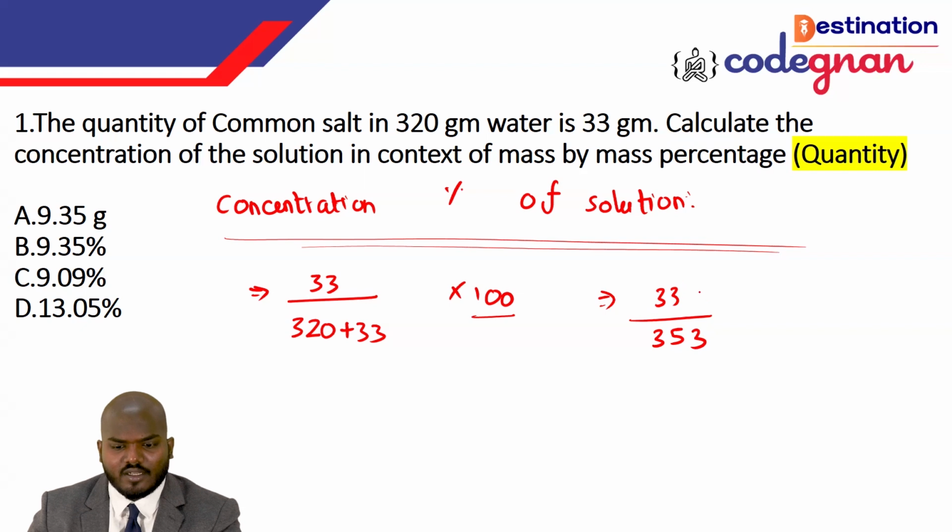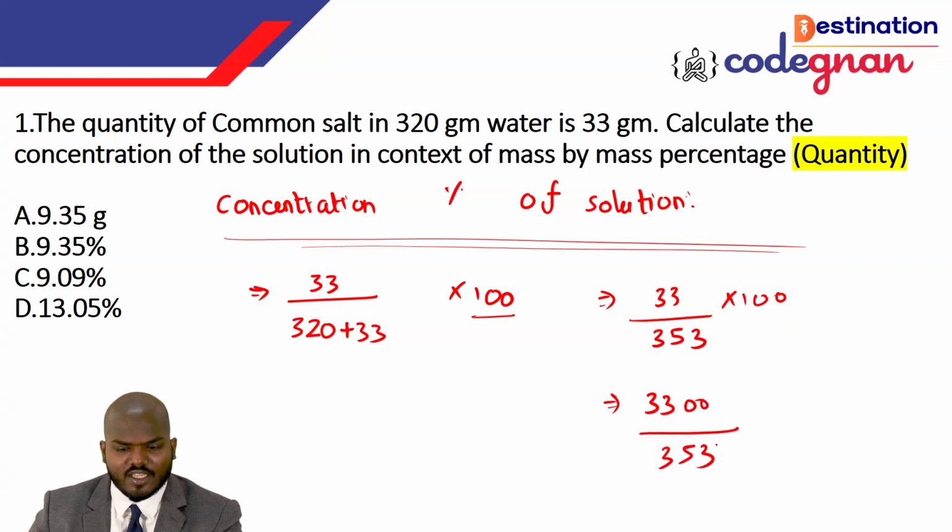So I am taking this 100 also. So it will give you the value 3300. 3300 by 353. You see this one, 353 cross 0 means it will give you 3530. So that is probably greater, so you will get a value below 9 point something only. If you cancel this one, it will approximately give you